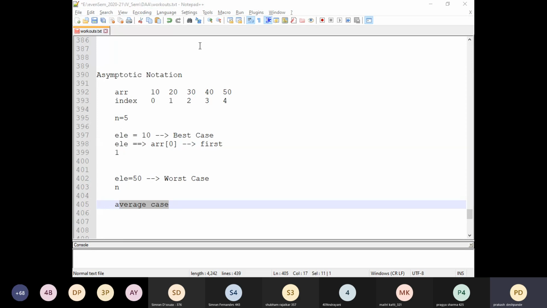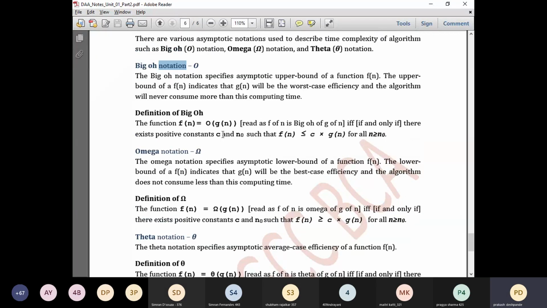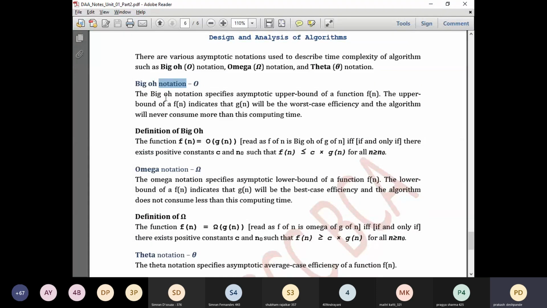The notation is, it's a Greek word, like how we have omega and theta. I think you have come across these terms, right? Omega and theta. Yes, sir. In maths, you might have written the theta and omega, right? In the same way, there is one more notation. We call it big O, that is the capital letter O or uppercase O. Okay, let me show you that also, the PDF document. Okay, now the big O notation, the uppercase O.